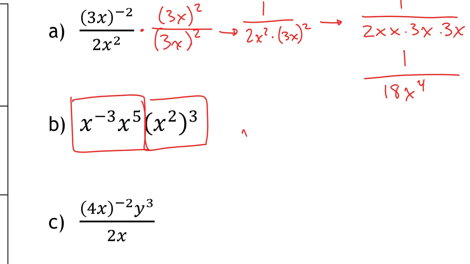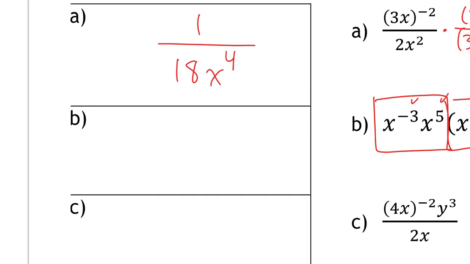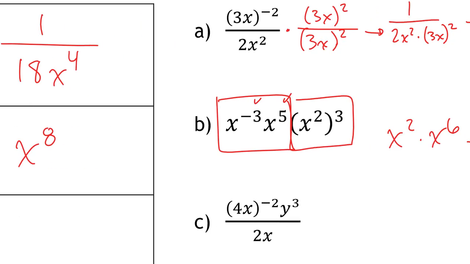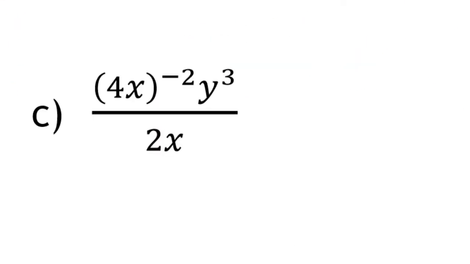So if I look at it, I can write this as x to the 2nd, that's x to the negative 3rd, times x to the 5th, that's x to the 2nd. And then I'm multiplying it by x to the 6th power. So my answer here is x to the 8th power. And I'll write it right here. This is x to the 8th power. And then finally, for part C,